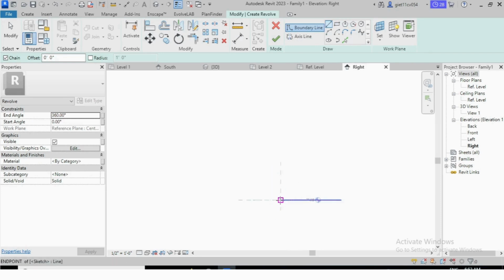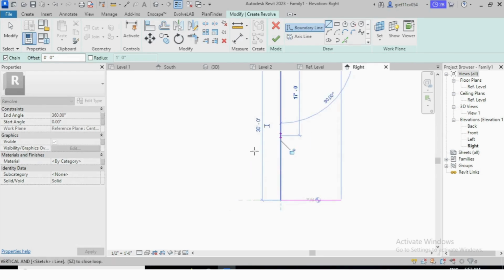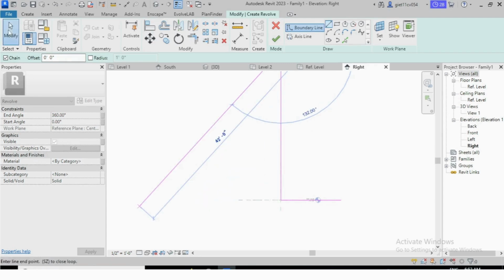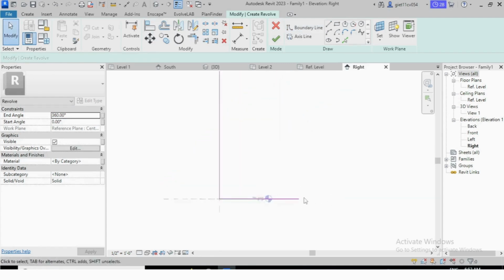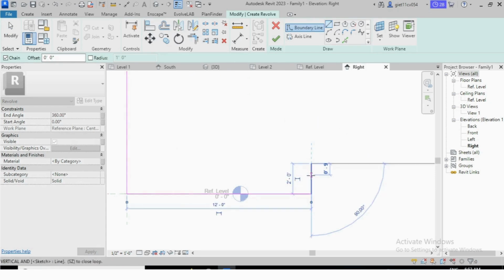And this side, let's take 30 feet. Okay. Now make it 2 feet.